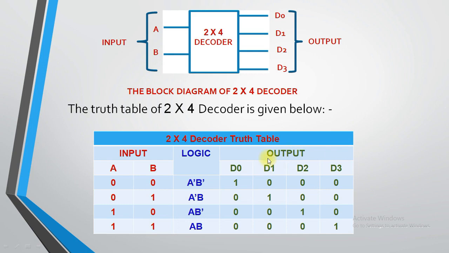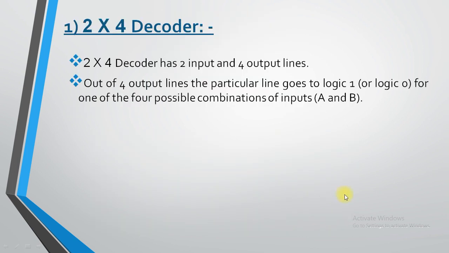Now you need to write the output. How is the output written? Using the variable names D0 to D3. A and B are my input variables, so I have written them under input. D0 to D3 are my output variables, so I have written them under this particular tag. Now what you need to do in the crossed line, right? What is our statement? Let me move towards the previous slide over here.